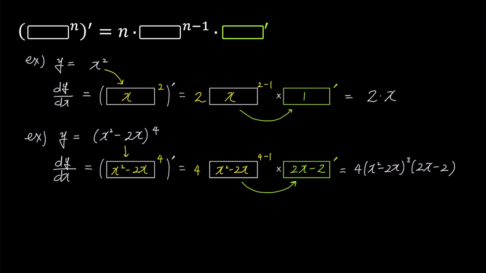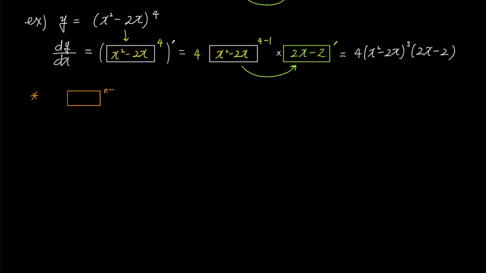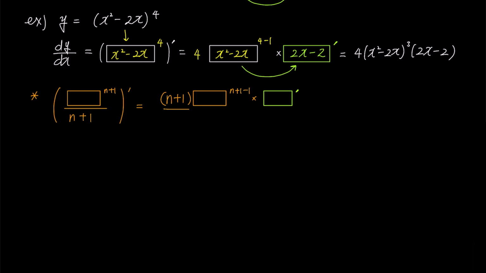In fact, if you master this method, you'll be able to solve all differentiation problems in just a few lines. Now, let's delve a bit deeper into the advantage of the quick integration when multiplying by box prime as mentioned earlier. Shall we differentiate box to the power of n plus 1 over n plus 1 that we see here? The exponent of the box, n plus 1, moves to the front, and subtracting 1 from the exponent gives us n plus 1 minus 1. Moreover, we must multiply by box prime, and the term n plus 1 in the denominator of the left-hand side is a constant. So we write it directly in the denominator on the right-hand side.